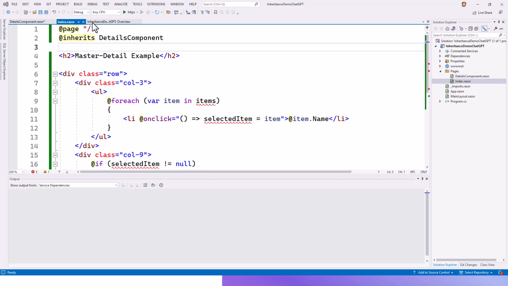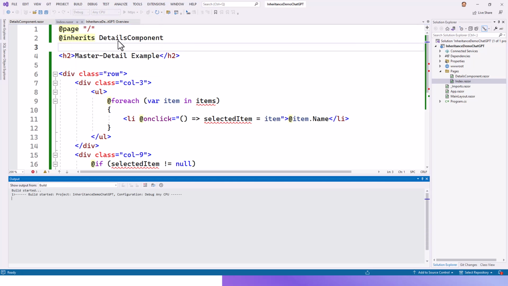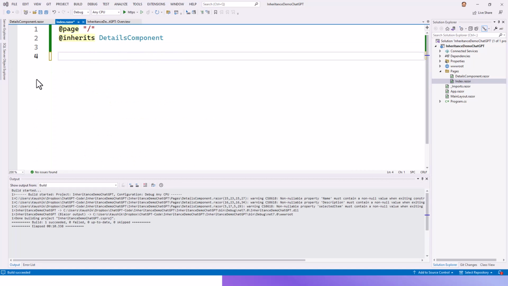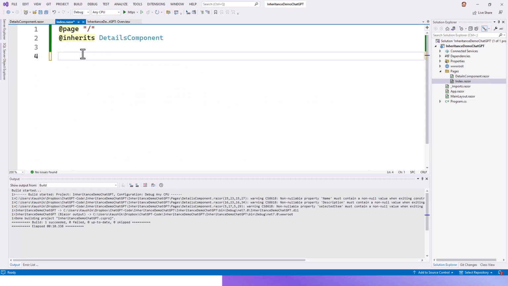Let's build the application now and see. Now it is all sorted. Somehow I had to regenerate the details component. The file got corrupt, so I had to delete and recreate the details component and paste the code that I had earlier. And for the inherited index.razor, I'll have to open the ChatGPT code again. Paste it on my